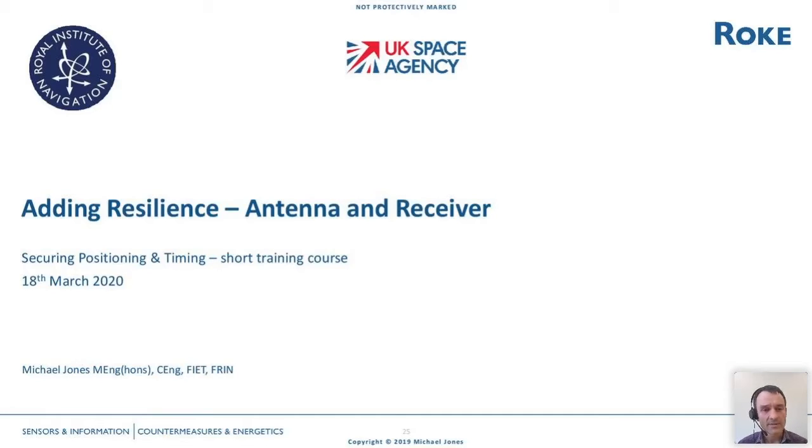In the first of the three webinars, we heard about the different threats to GNSS, how we've quantified that threat, and what kind of threats are available in the wild. Then in my last talk, I talked about what we can do to geolocate those threats, to decide where the jammers and spoofers are so that we can remove them and do something about them. Now we're getting really down into the crux of the problem with this last talk,